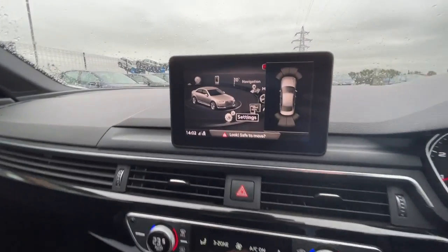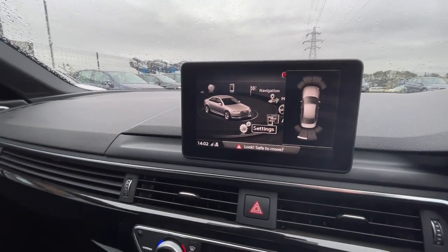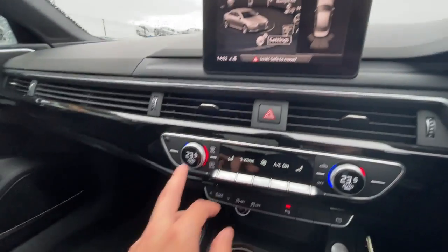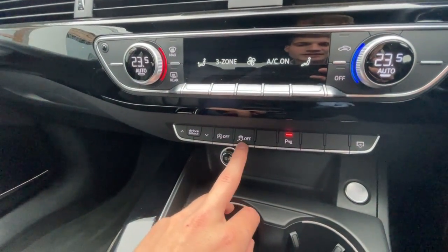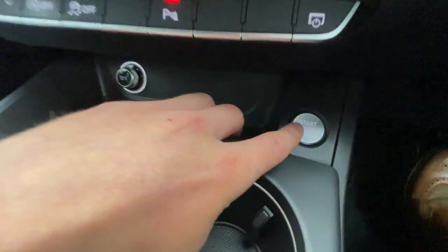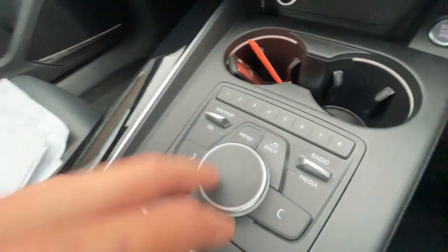I'll just show you the reverse parking sensors. Front and rear reverse parking sensors working perfectly fine. As you see, you saw them just work then. It's got dual zone air conditioning, stop and start mechanism, traction control, parking assist, 12-volt plug socket, keyless push to start here. It's got 2 cup holders with the ambient lighting all around, menu selector,